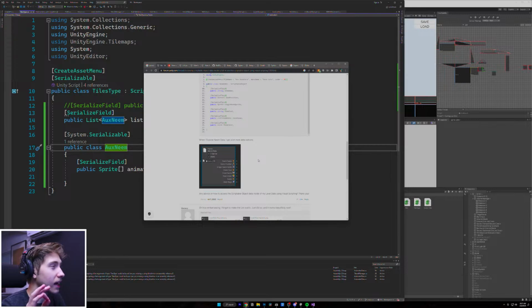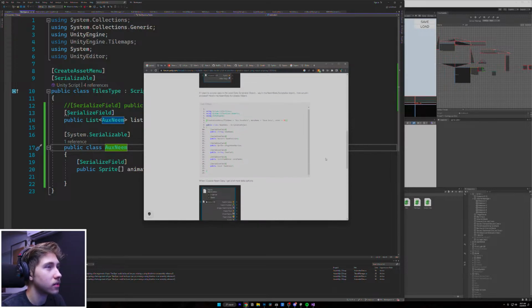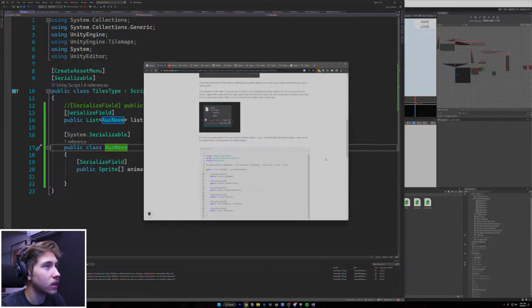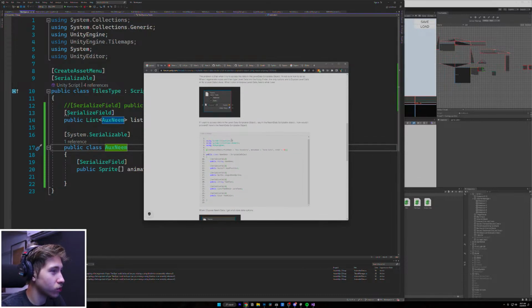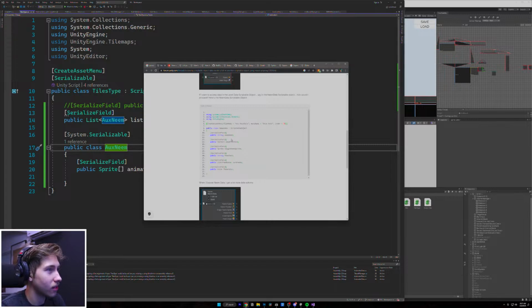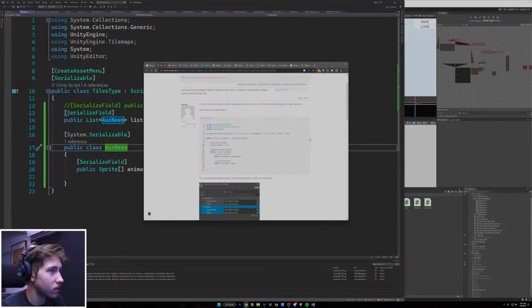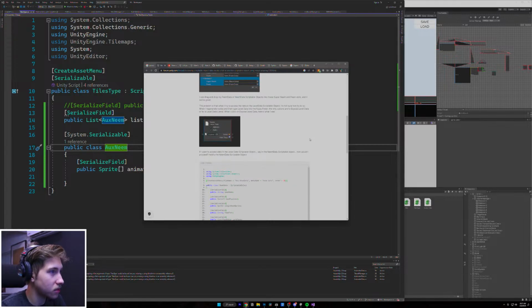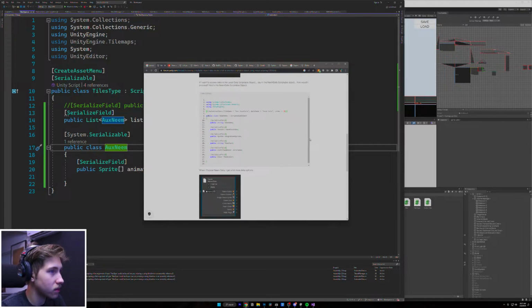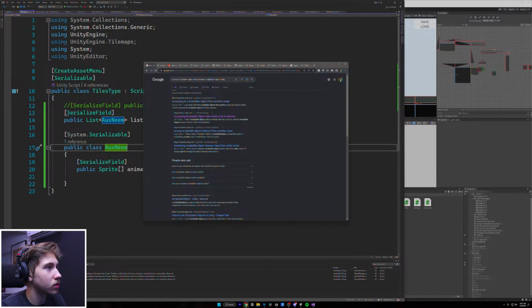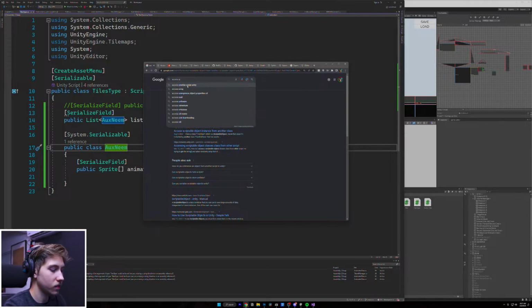So he figured out how to access the list. So there is a way. Problem is he's not showing the actual script that accesses that list. Instead, he's showing us the first part that we needed. So we need to still look up access array inside of list